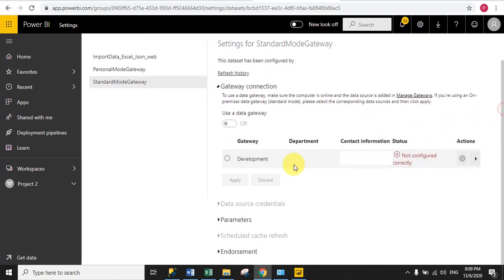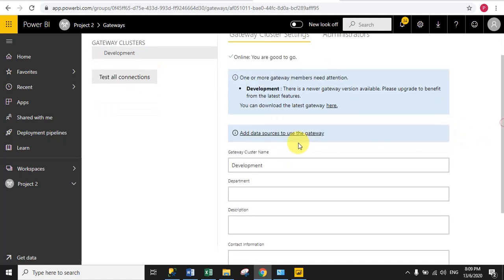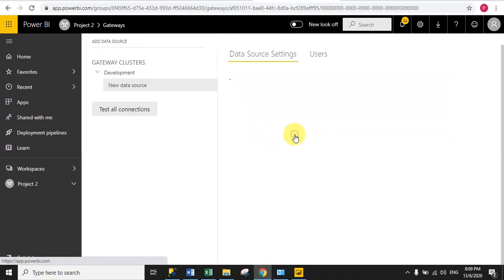So you can see here it is showing the development gateway, but until now the gateway is not configured correctly. So click the settings icon. So you can see here under gateway cluster my development gateway is showing, right? So for the development gateway we have to add a data source, right? So just click add data source